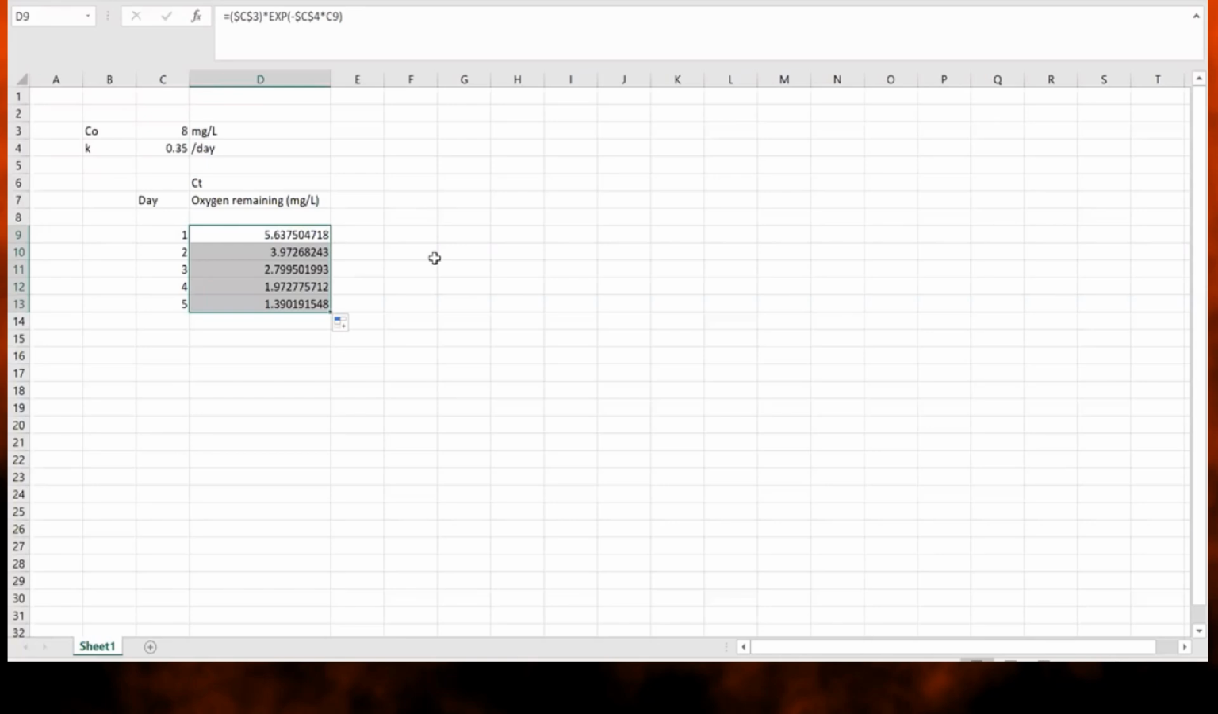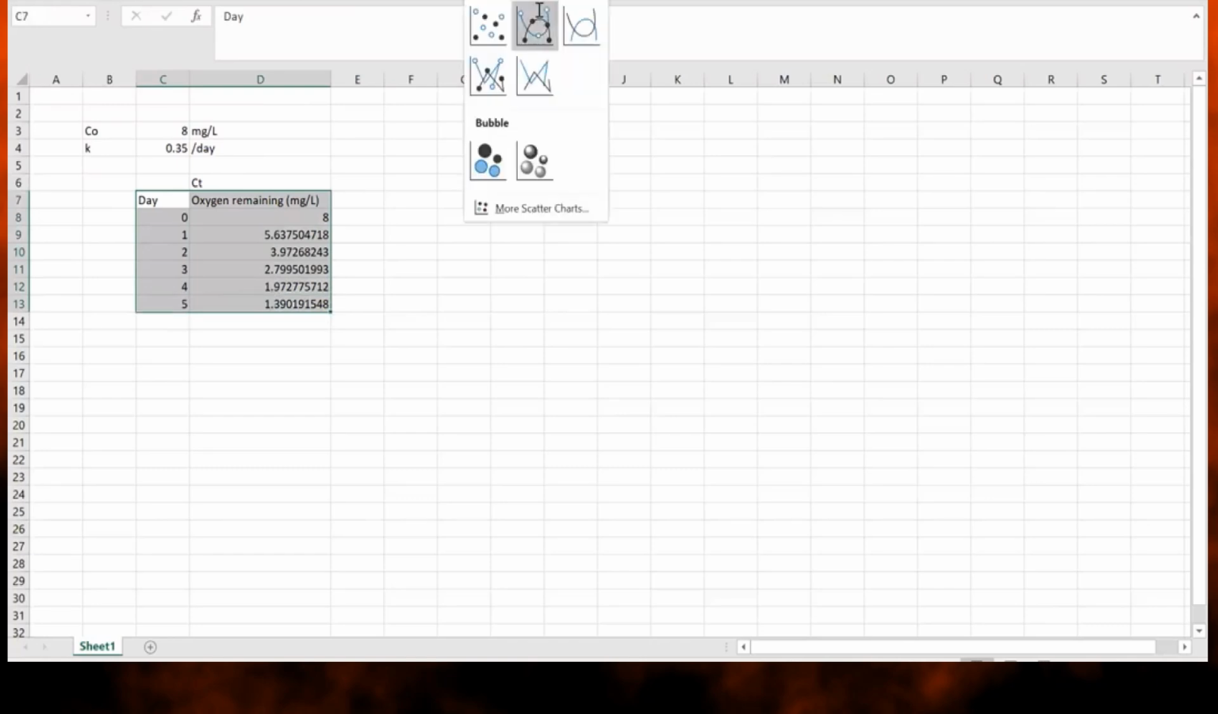So we have the same formula there, and then the 0 day is actually 8, all right? So in that case, from 8, it becomes 1.4 in day 5. So that's the remaining because of the consumption,